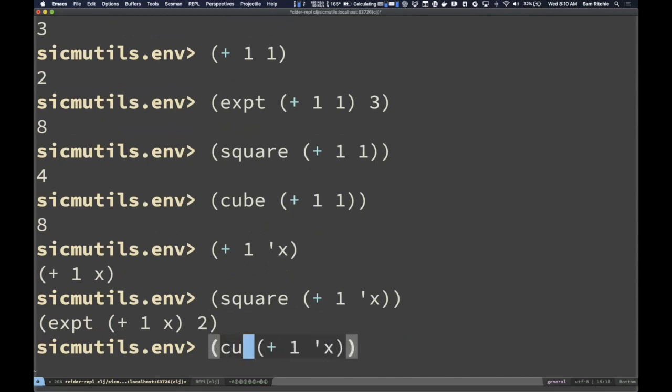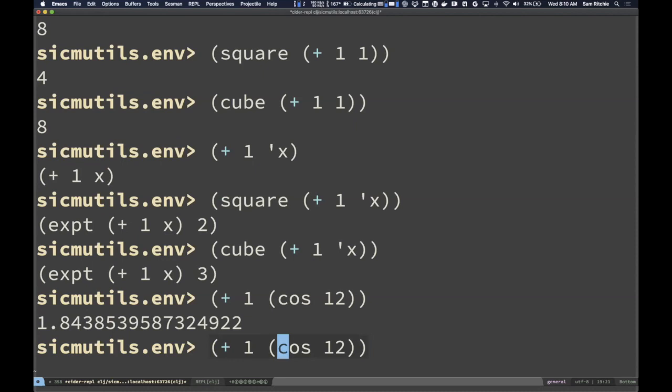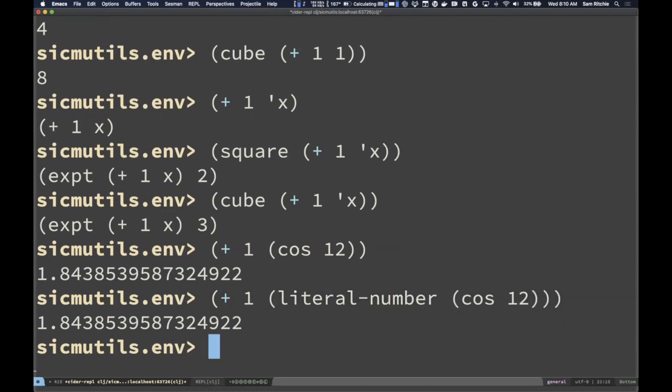I can go ahead and cube 1 plus x. I'll get this. All pretty pedestrian so far. You also can force the system to, you can force this thing. I think this will work now. Well, this will work later. This is something I'm working on now. You can force it to not evaluate numbers, but anyway, the system starts with numbers and then it extends to